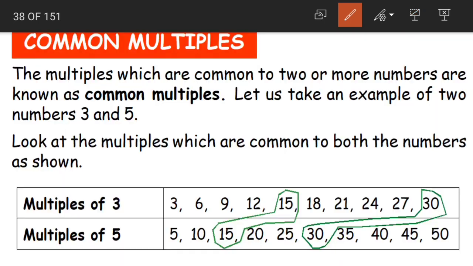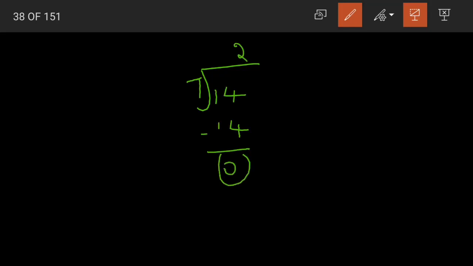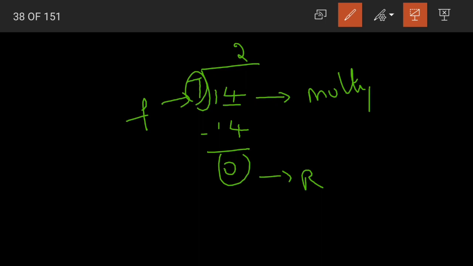So just like common factors, we have common multiples here. Now again, what is a multiple? Multiple is a number. See, when we divide two numbers, say 14 divided by 7, we have 7 twos are 14, and when we subtract, 0 is our remainder. Yes or no? What we'll say? We'll say that 7 divides 14 exactly. So 7 becomes our factor and 14, the number that is divided, that is, the dividend here becomes what, children? It becomes our multiple. Yes, it becomes our multiple.